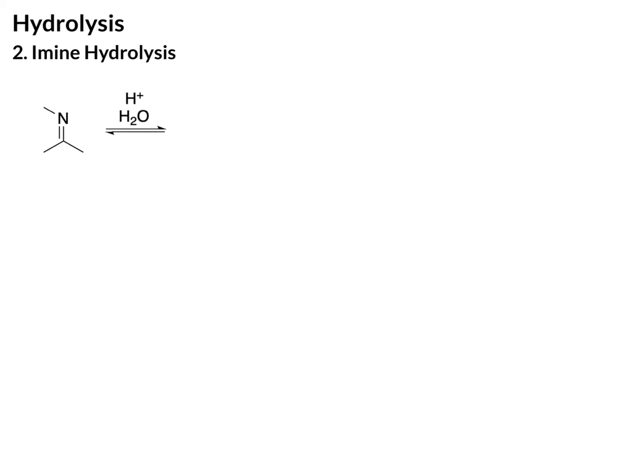For the imine hydrolysis, to predict the product, just find the carbon that is double bonded to the nitrogen, and in the product that will end up being the carbonyl. So the bond that's going to break is the carbon-nitrogen double bond. The carbon that I highlighted in blue will become the double bond O,